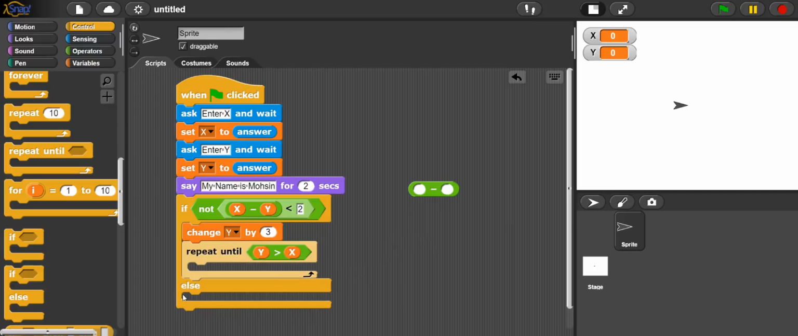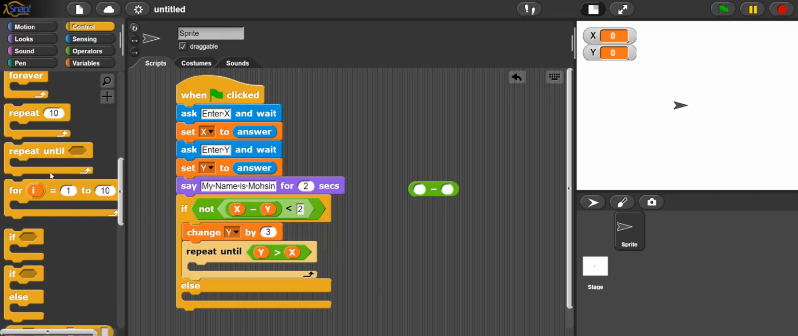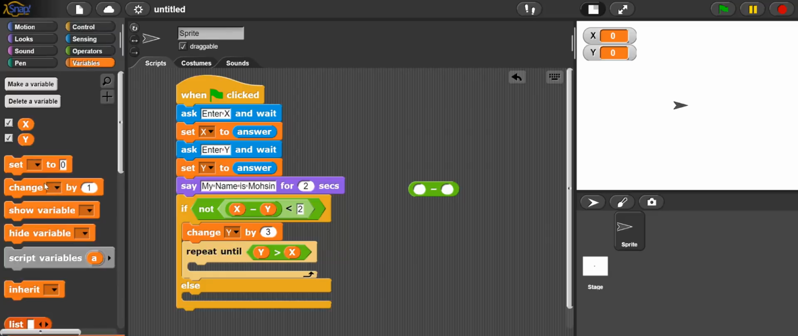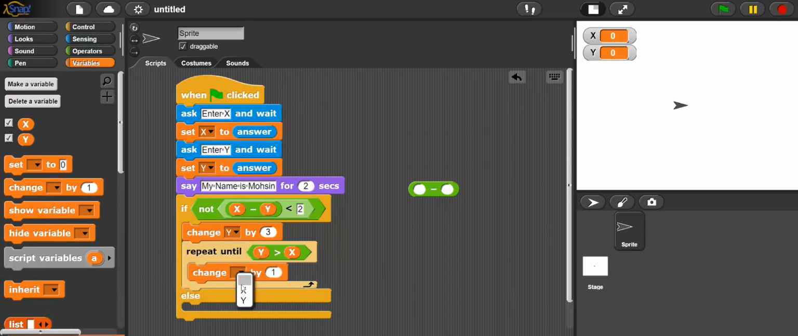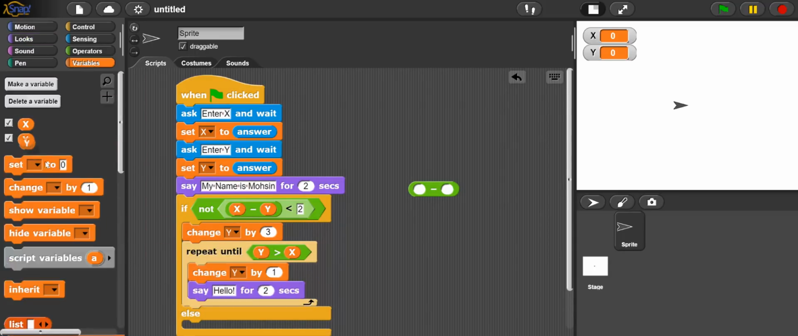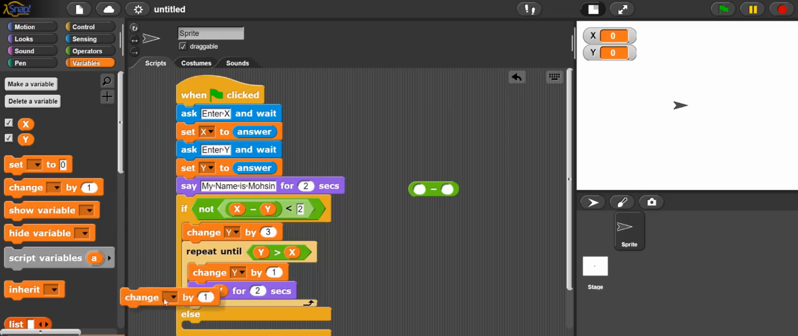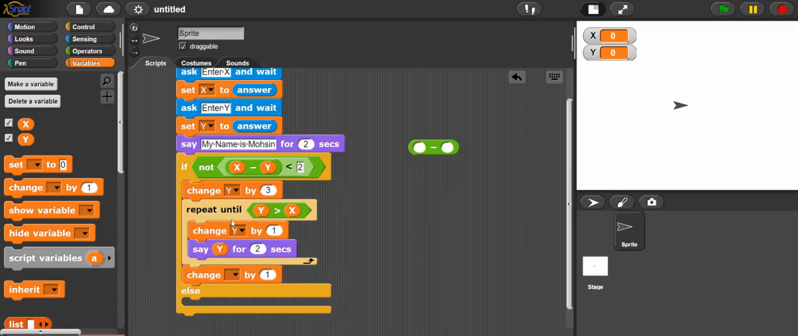So y greater than x. Inside the loop I will change y by 1 and display y. I will go to variable, and inside I will say change y by 1 and say the value of variable y. And then when I get out of the loop, before the if else ends, there is change x by 5. So this change x must go here, outside the repeat until, but inside the if true block. Change x by 5,